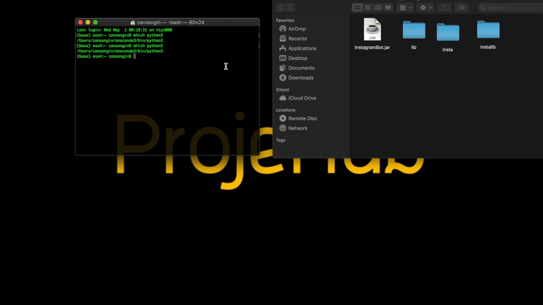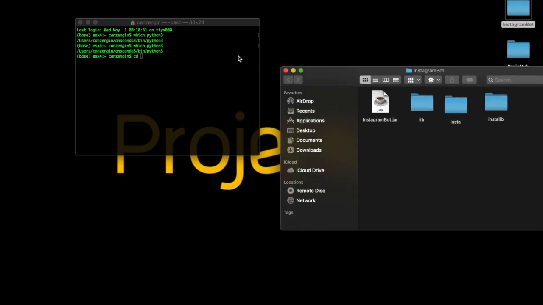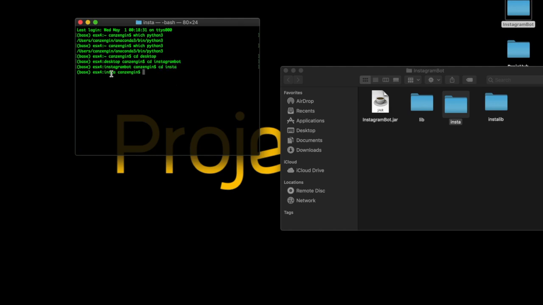If you want to open something from terminal, you need to use a command called cd. So far we didn't open anything from terminal, and we need to go to desktop first, cd Desktop. And after you open desktop, you are going to open the Instagram bot folder, cd Instagram bot, and then in Instagram bot you need to open the Insta folder. So I'm gonna type cd Insta. So in the Insta folder,